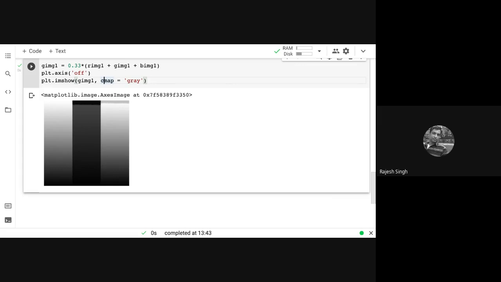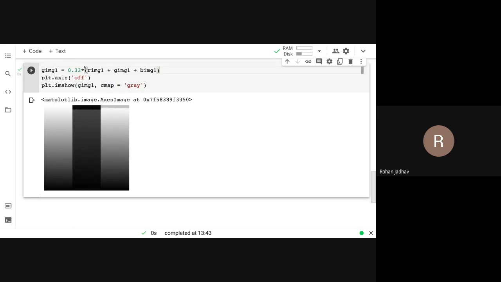Sir, instead of 0.3, you can just write divide by 3. I think that will be more accurate. No, but the central should not come as a dark strip. It should be like this only. See, red is very bright, so you need white, you value can even be dark. That is, 3 here you can write 3.